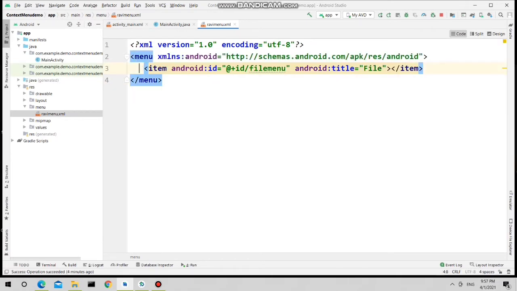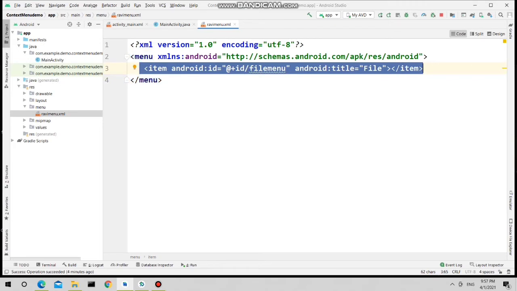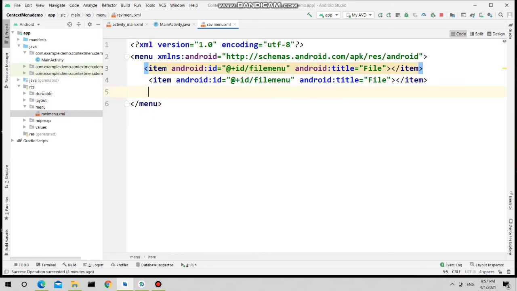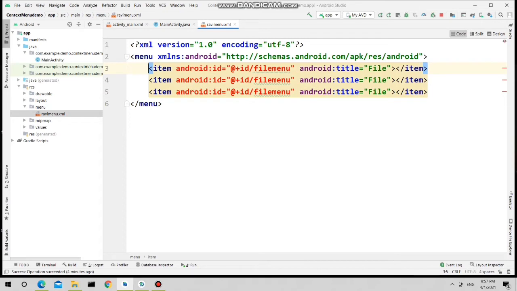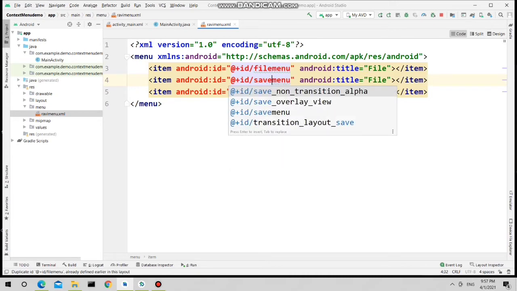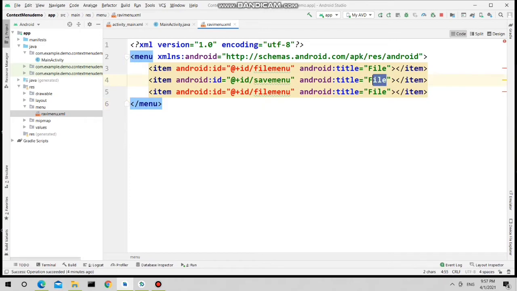So I'm giving the title as File. Now I'm just doing copy paste, copying this code, and I will paste this 3 times because I want 3 menu items to be part of our context menu, and I'm just changing the IDs. So file_menu, then save_menu, the second item will be Save, third I will take Exit.